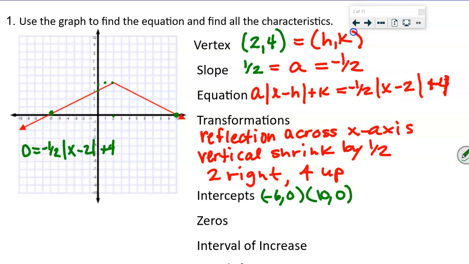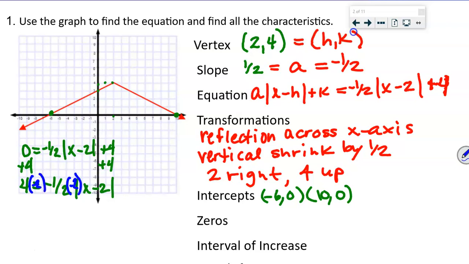So we would add 4 to both sides here. And that would give us 4 is equal to negative 1/2 absolute value of x minus 2. And to get rid of that negative 1/2, we would multiply both sides by negative 2, which is the reciprocal of negative 1/2. So that's going to give us,